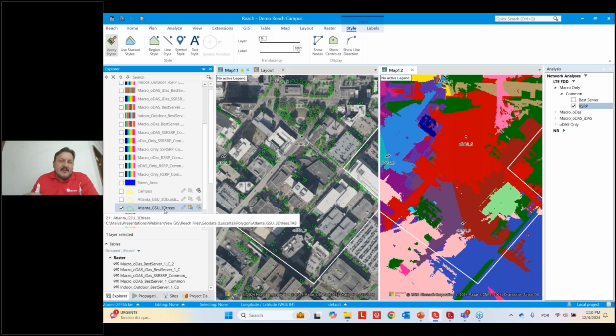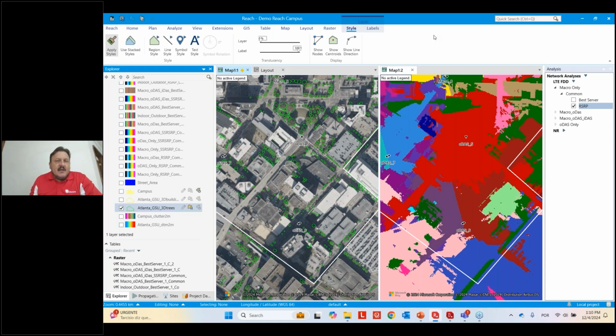Or I can create a new table if I want to have separate layers to consider or not consider new buildings, for example. But basically, we can draw new buildings because remember that the GIS platform of iBwave Reach is